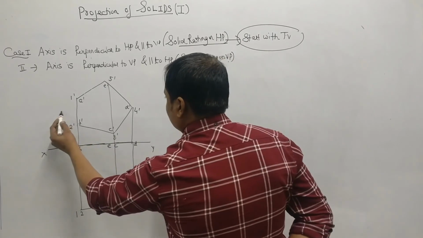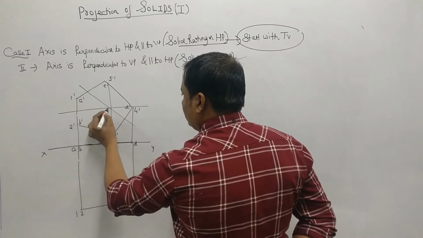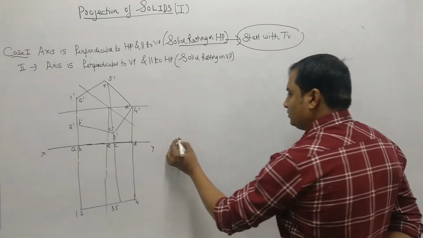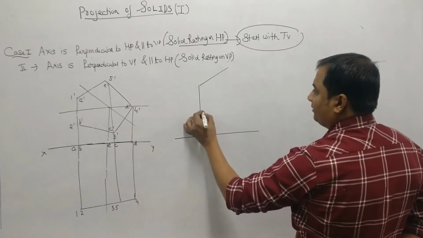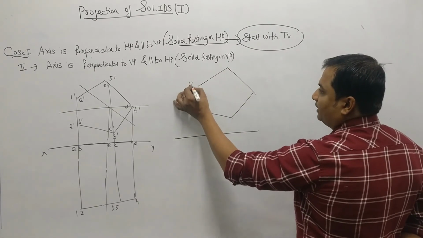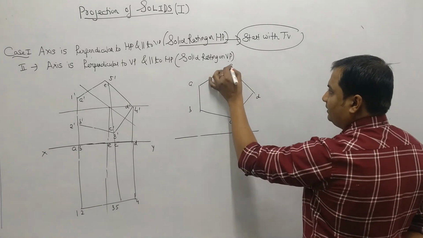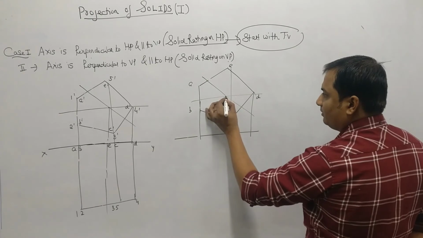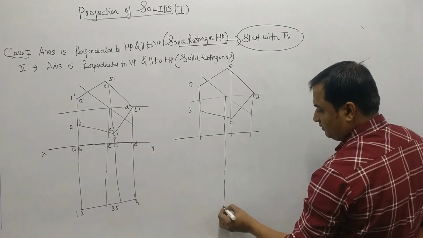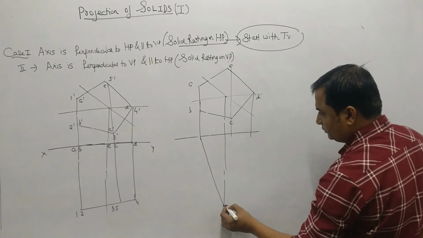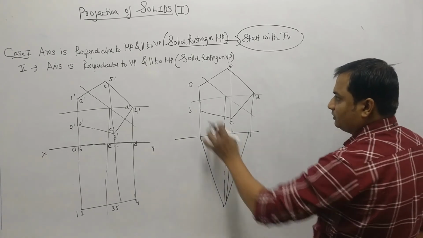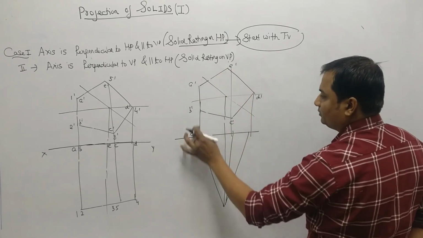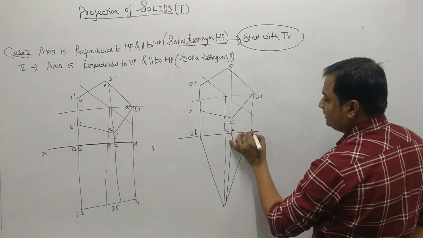Similarly, you can plot the axis also by bisecting the two sides. So you will get the centroid and just plot the axis. Similarly, if this was a pyramid, the front view will be a pentagon. So A, B, C, D, E, projectors. This is my centroid. I will get the vertex from the centroid, then join all the points. So this is A dash, B dash, because that is the front view, so this will be A, B, this is C and E, and this is D.